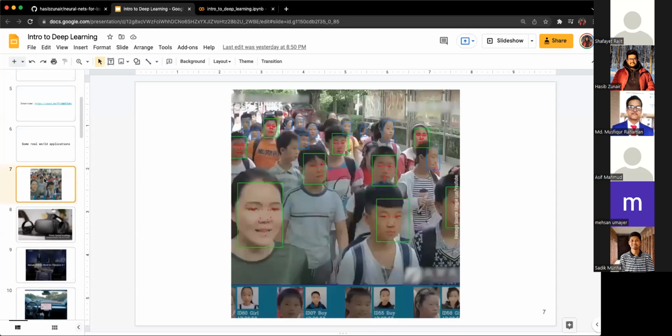So the first application, which I think everyone would know about, is face detection. It's used in surveillance systems. I think it's mostly popular nowadays in China, or probably they were the first to do stuff like this. So see, it's heavily used. I think this is a picture in a school where they are identifying the school children, or maybe taking attendance. So yeah, face detection is one of the most popular applications of neural networks.